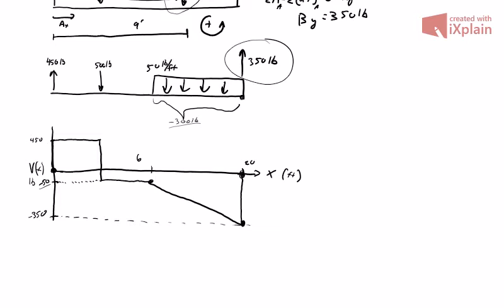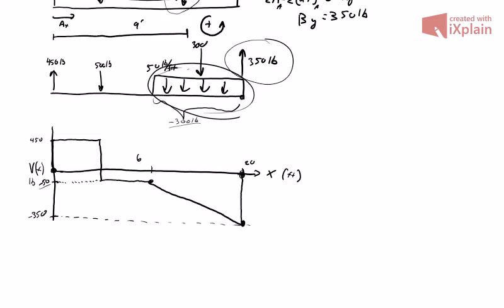So, things we learned from this. 1, you will take your distributed load to an equivalent point load when you're solving for reaction forces. But if you don't take it back to being a distributed load before you do your shear diagram, it's going to be wrong, right? Because if instead of having that distributed load there, we just had a negative 300 pounds,